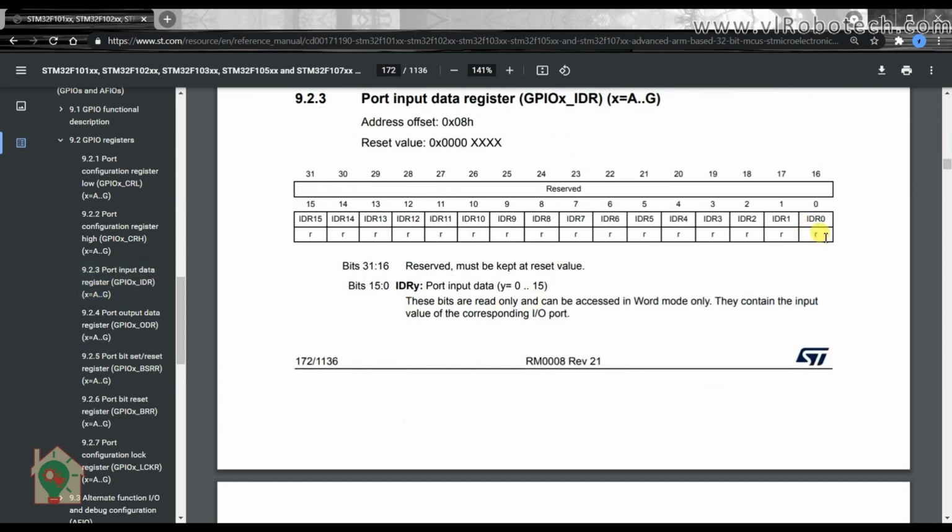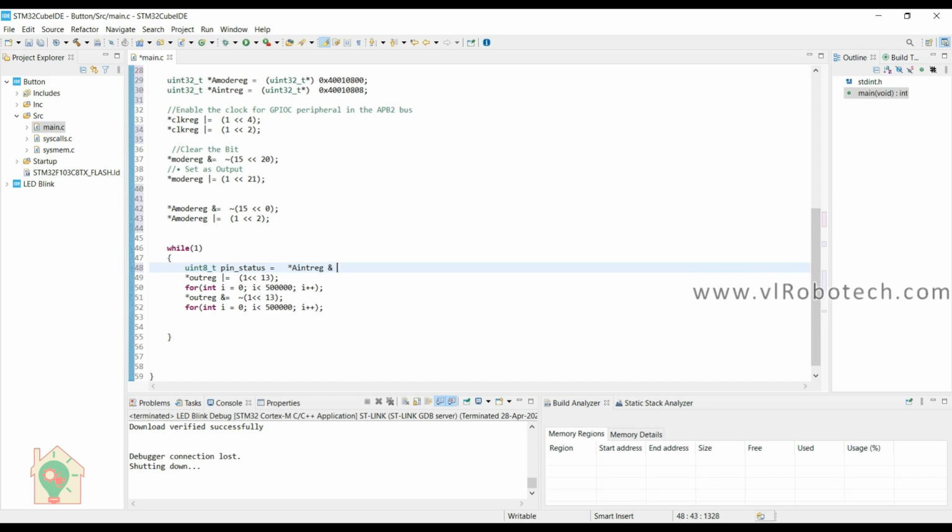So I want to read only the 0th bit position. Okay, so it is only 1. Ampersand, and okay, uint8_t.